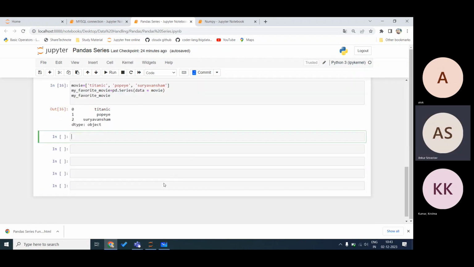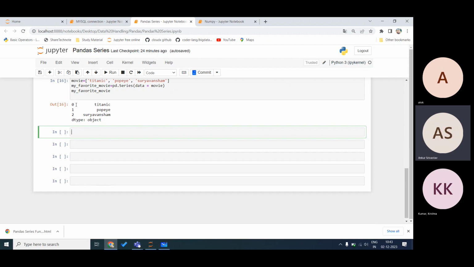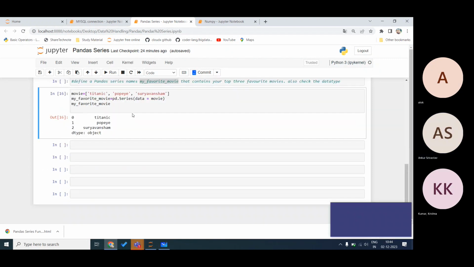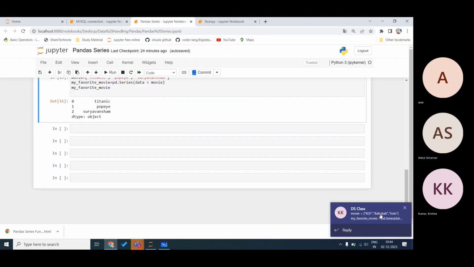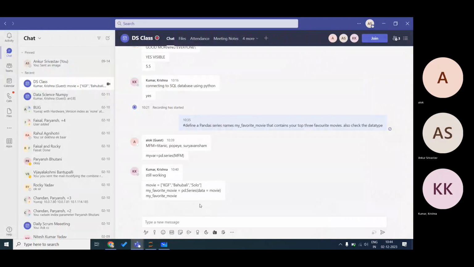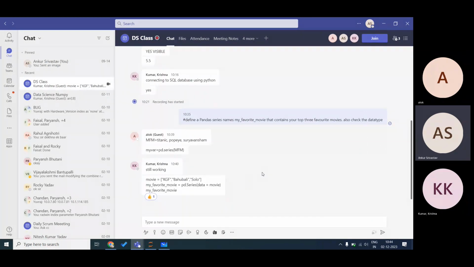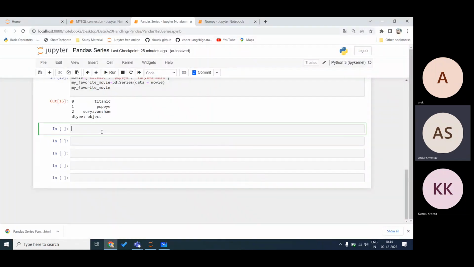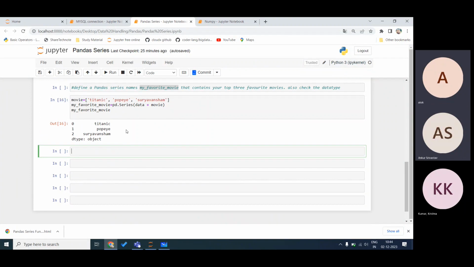Okay, moving forward. This is the default index. 0, 1, 2 is the default index. Krishna, are you also doing it on mobile today? Yeah, it's good. Always use proper syntax so that you build the habit of doing the right things.